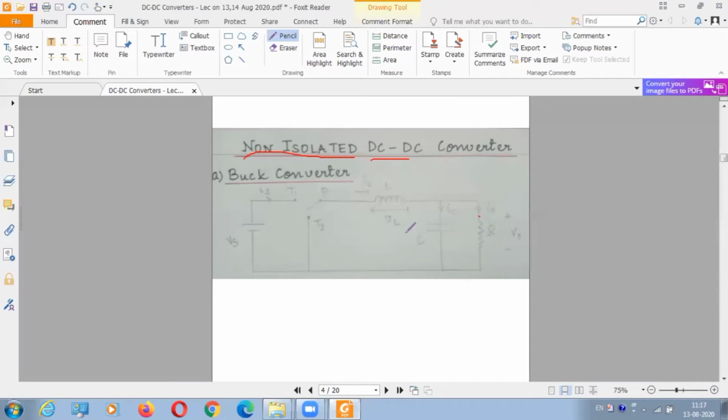Now for this inductor, I have given an arrow like this. What does it mean? It means rise in potential. This arrow in any circuit means rise in potential. That means this is minus, this is plus. If the inductor polarity is like this, that means my inductor voltage is positive. Any question? Okay. See, my IL is entering in this direction, so there will be a drop across the inductor again. So this side has to be positive, this side has to be negative. That is why this convention is taken.